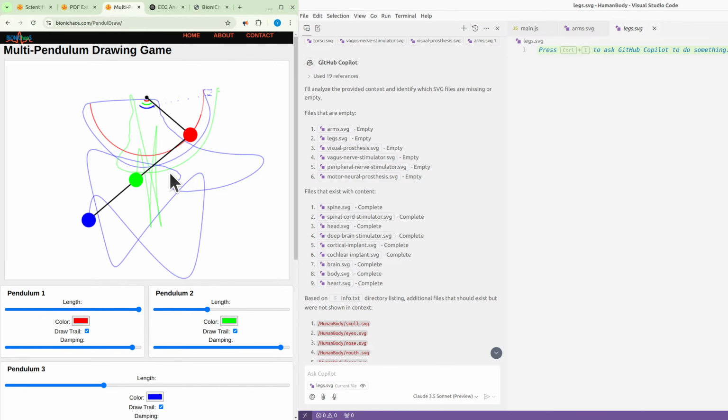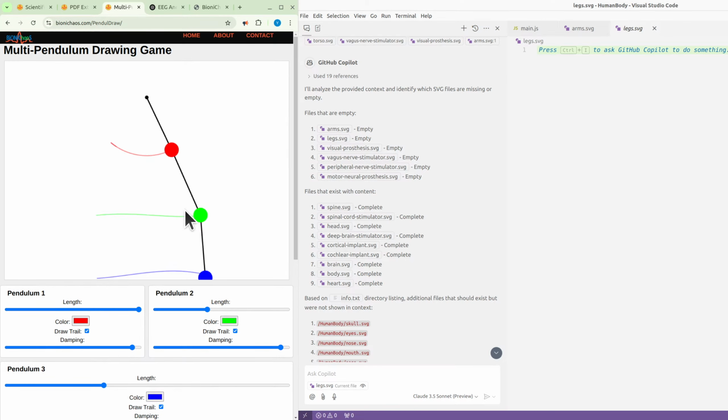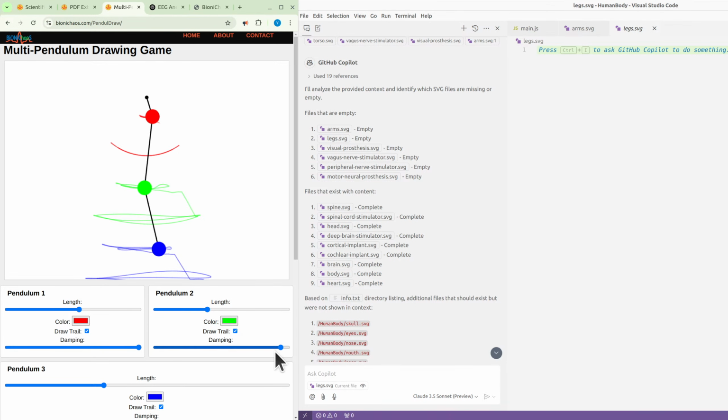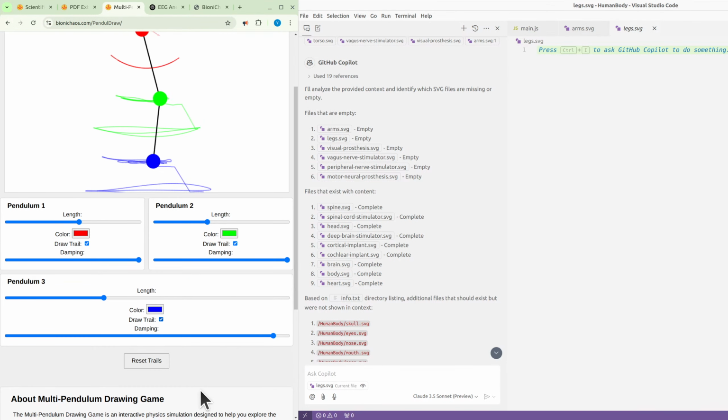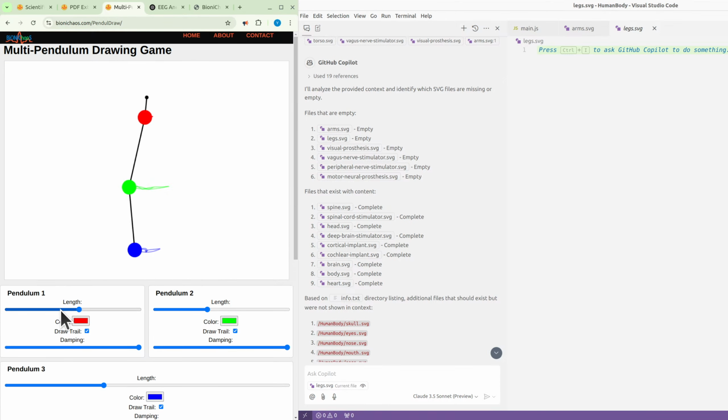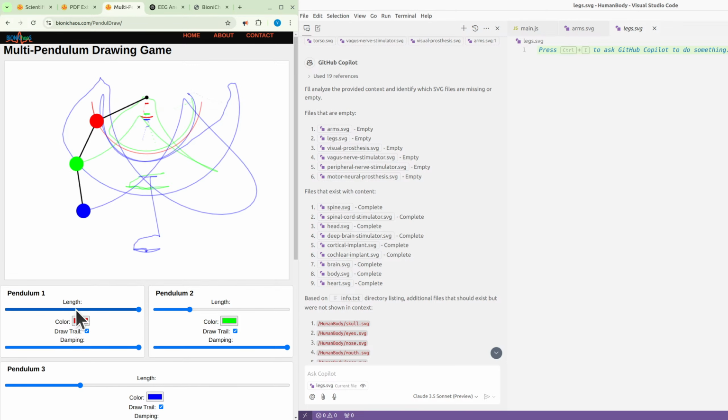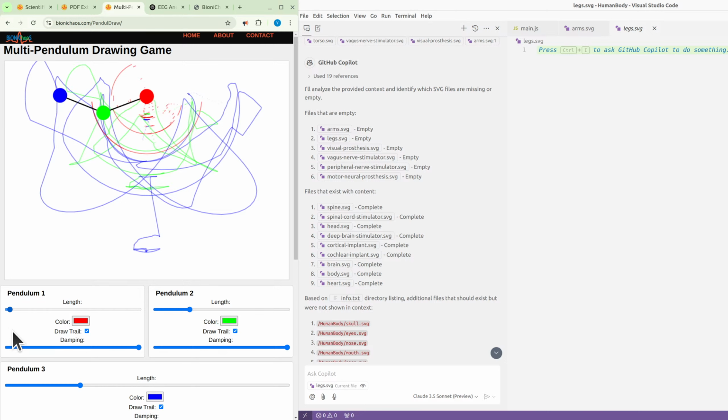Make a drawing for you, and we'll finish up. To increase the damping. Actually make it